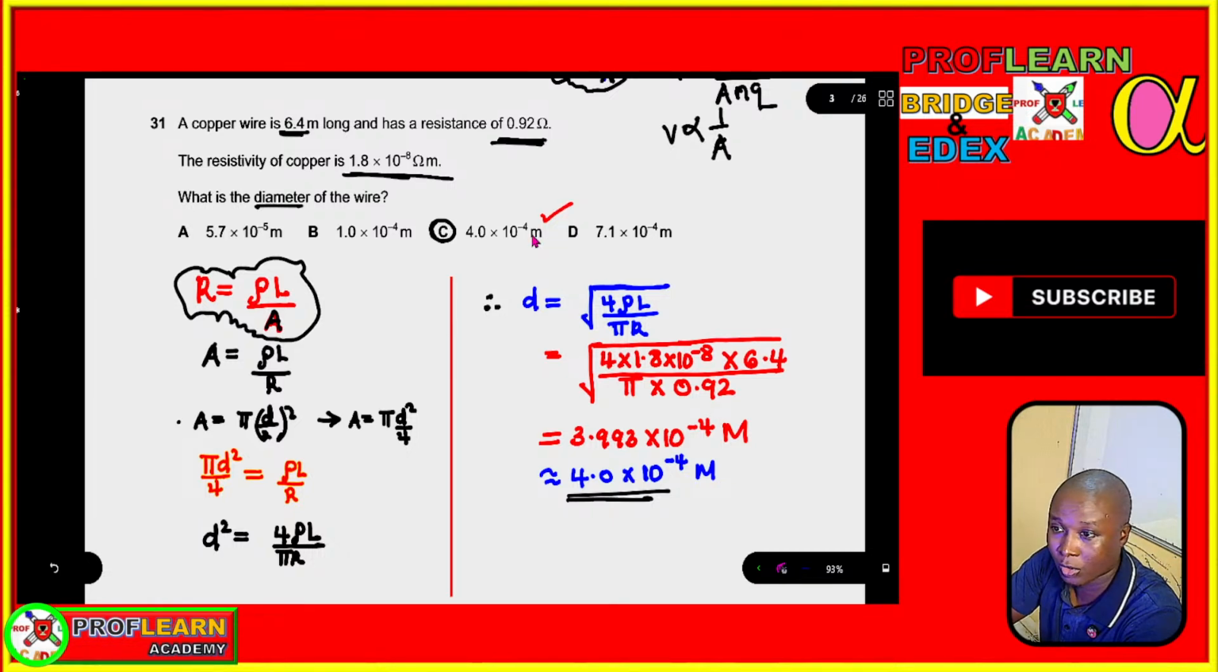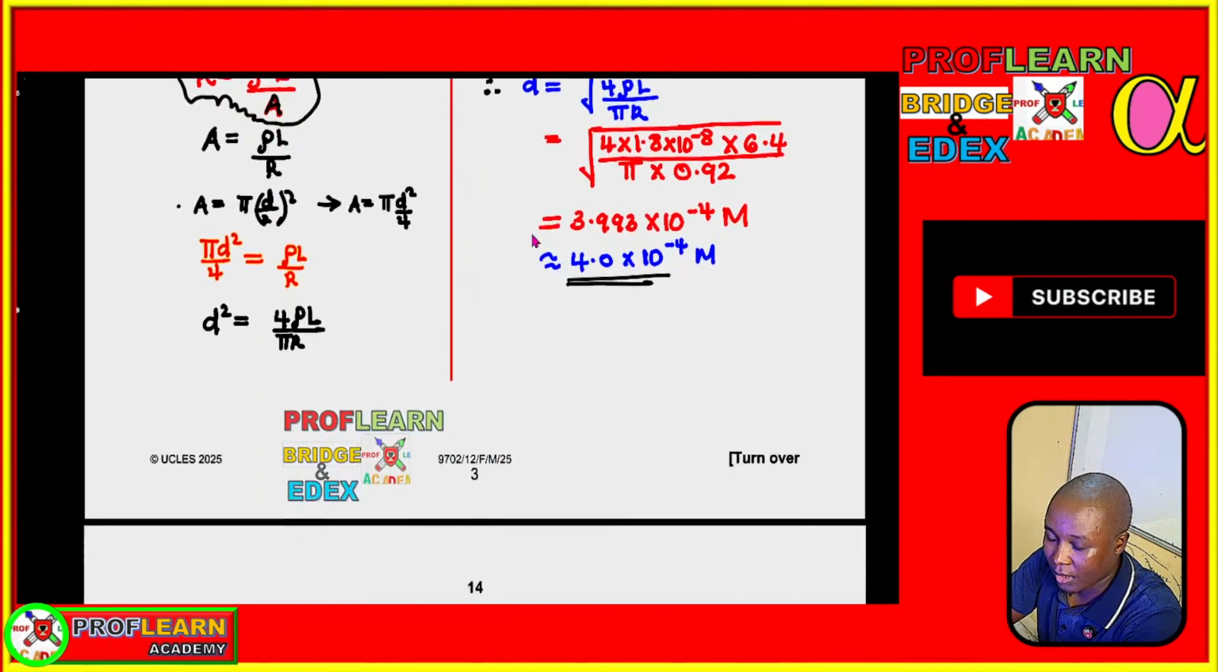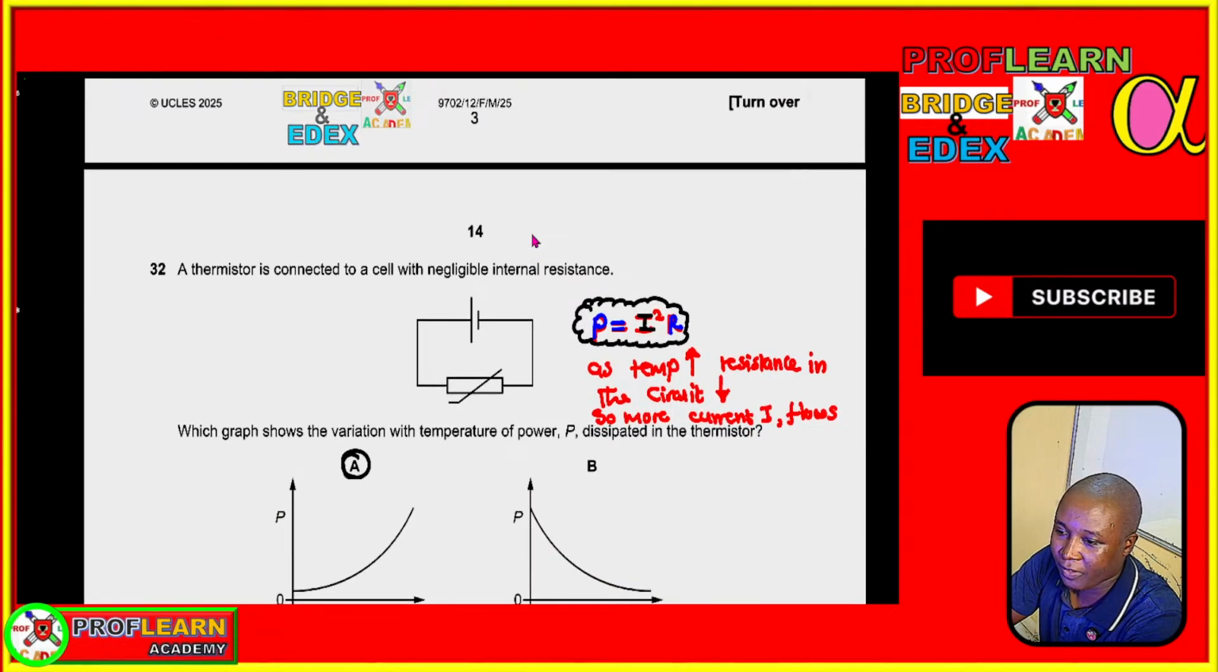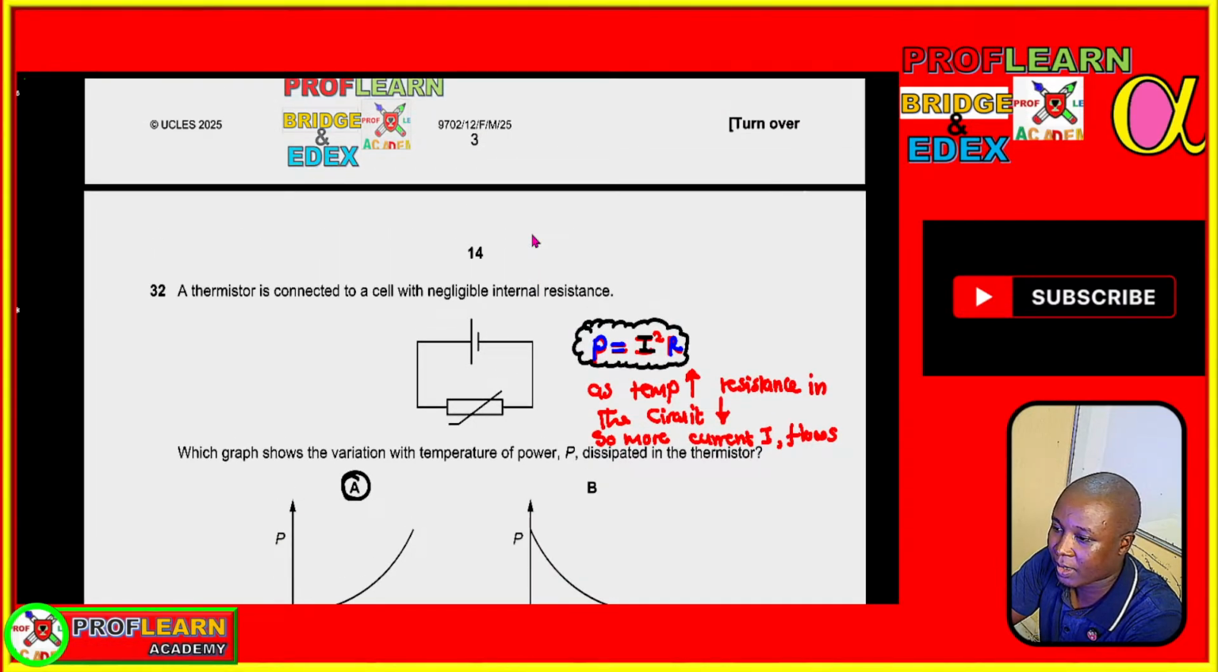So that's what we're going to work out. And the thermistor is connected. We have a thermistor which is connected to a cell. The cell has negligible internal resistance. So we are asked which graph shows the variation with temperature of the power dissipated